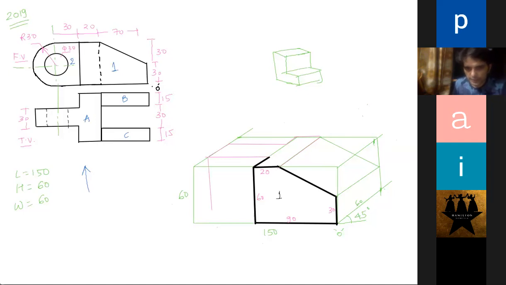So can you go 60 down from here and draw a line? This is how you will draw this box. So this is 60 and this is also 60. This is how much? 15. You go 15, 60, 60, 60. This you go behind by 30 because it's given this way. So draw this and you let me know.